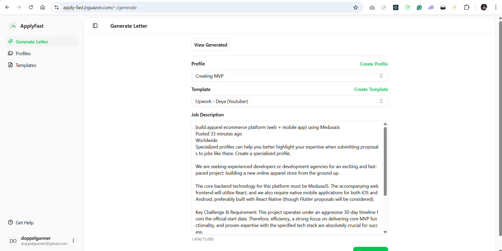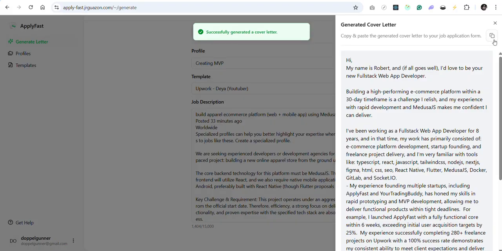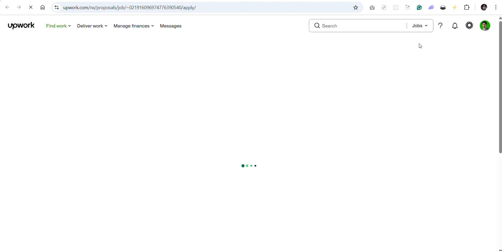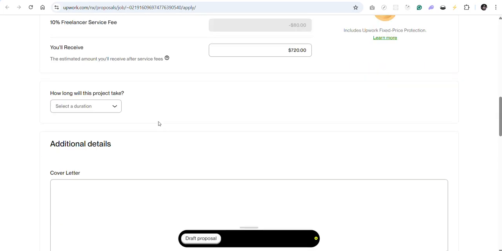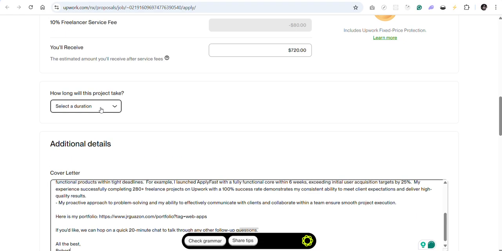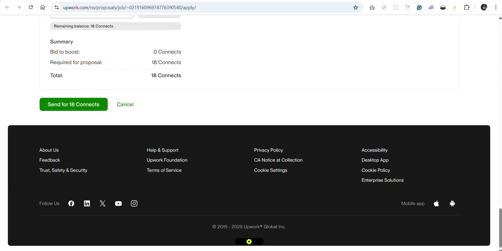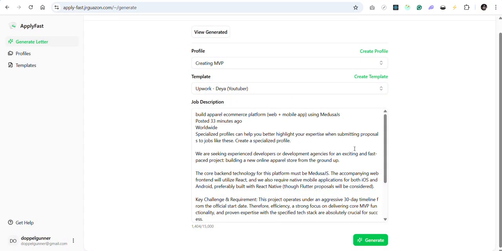Once the app generates a cover letter, we can now paste it into Upwork. So one moment. Let's click apply now, and then just paste it here, and then you can click send for 8 connects, and that's it. You can instantly apply on Upwork. So yeah,